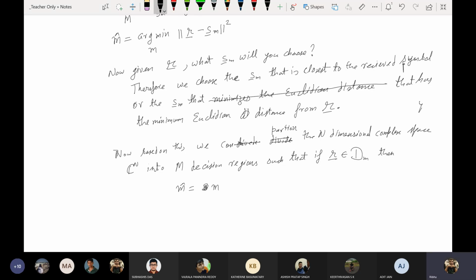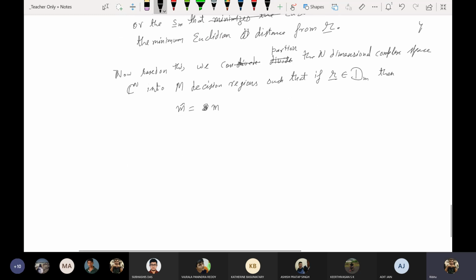So we can define a discriminant function, and therefore I can define this D_m as the decision region for the mth symbol as R such that